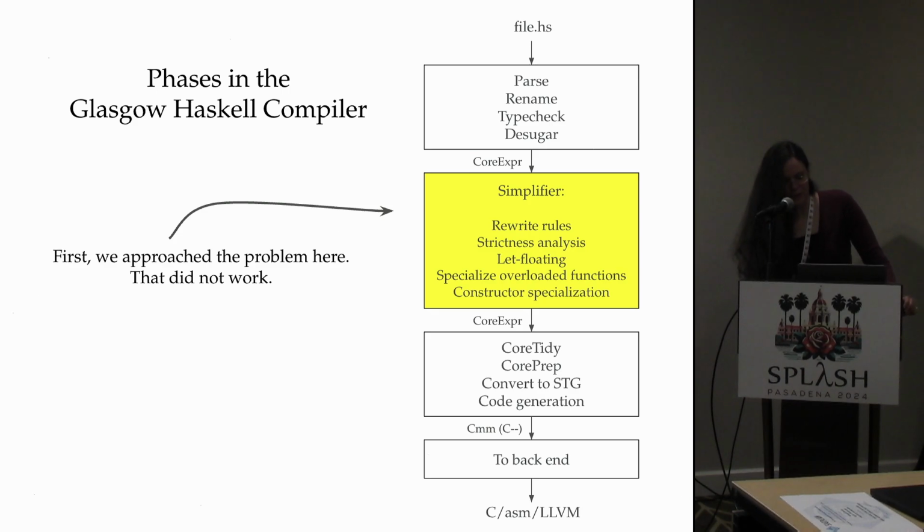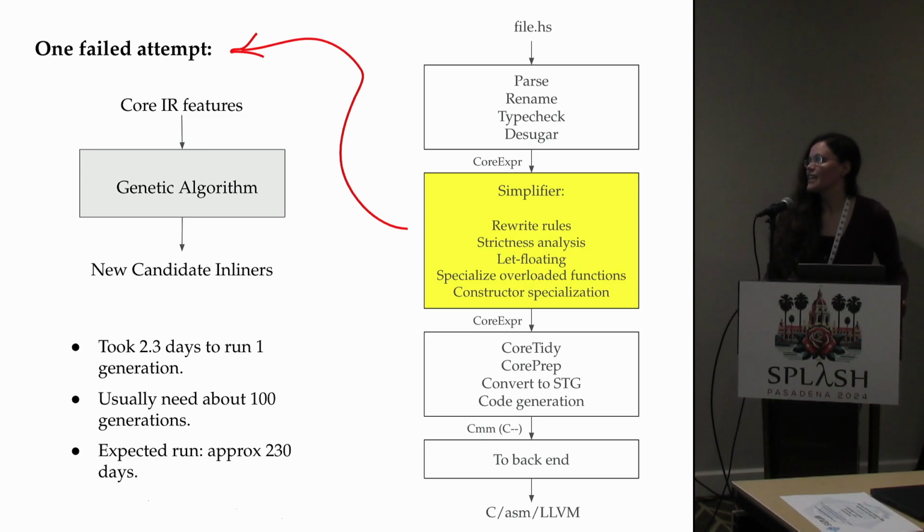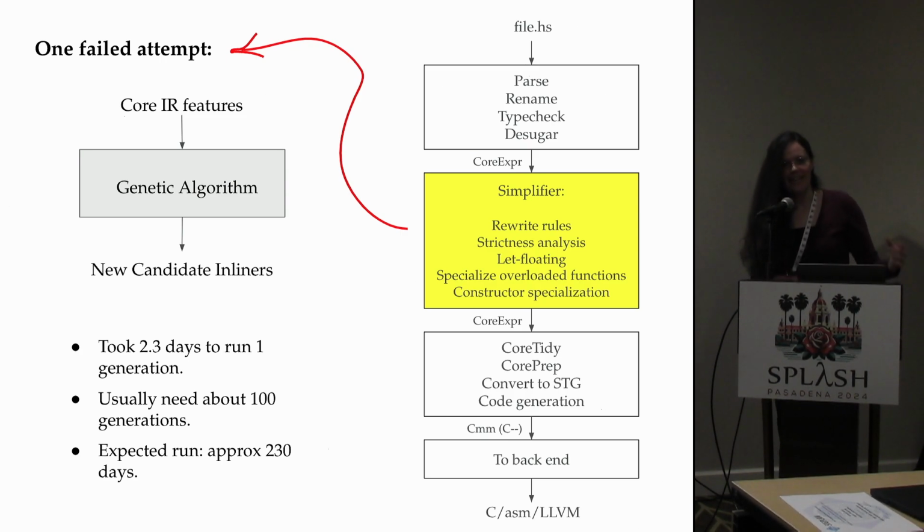So we approached the simplifier, and one of the first things that we tried was a genetic algorithm. My advisor actually did some interesting work with Java that had some promise to it with a genetic algorithm. And so when I tried it in Haskell, we take in features. A lot of them were features that were considered with GHC's original inliner and maybe some more additional features. It goes into this genetic algorithm, and the genetic algorithm produces these candidate populations of new inliners, and it kind